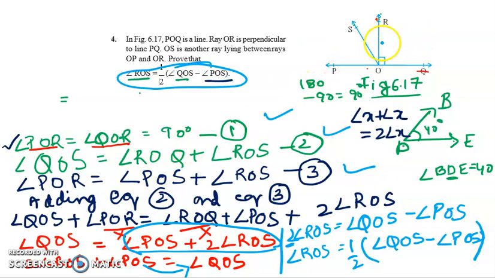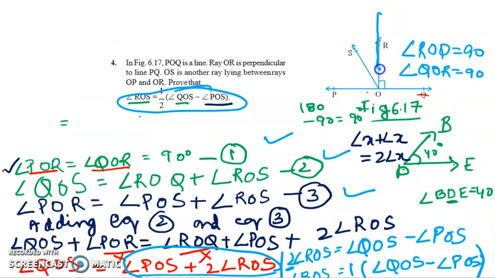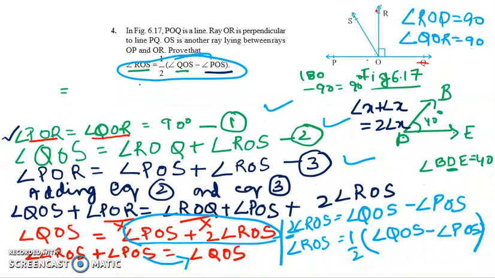And see here, it is given to us 90 degree, angle ROQ, it is perpendicular. So angle ROQ is equal to 90 degree, means angle QOR is equal to 90 degree. If any student is taking any of this, it is correct. You can take this angle ROQ as 90 degree, or you can take angle QOR, that is also correct. It is same, it does not make any difference. So you have to just be careful of this equation. One minute, I'll just scroll the slide up. Are you following, students, how to solve this?